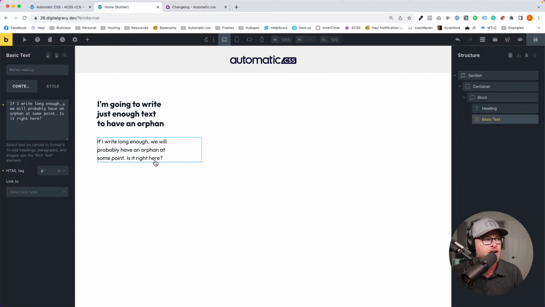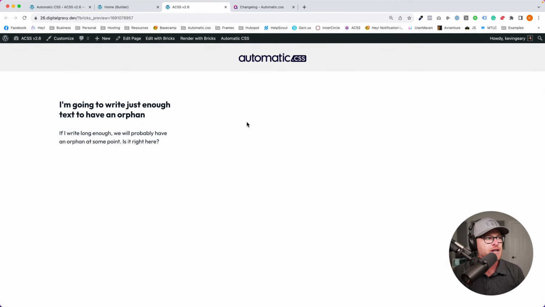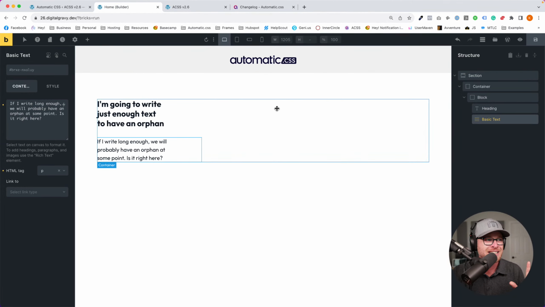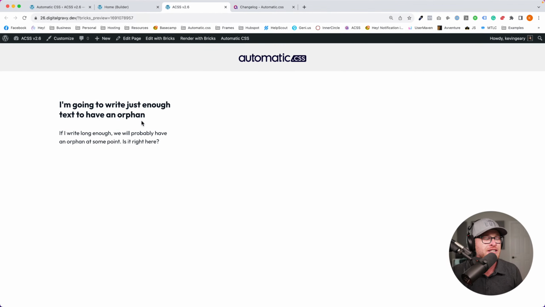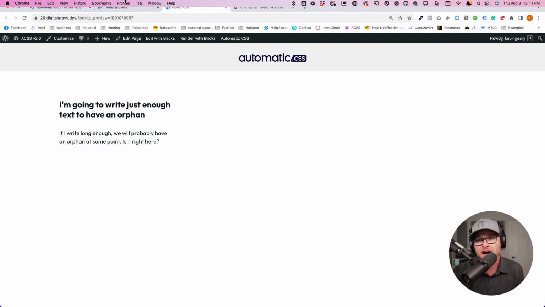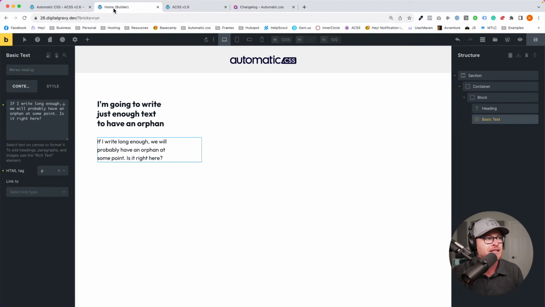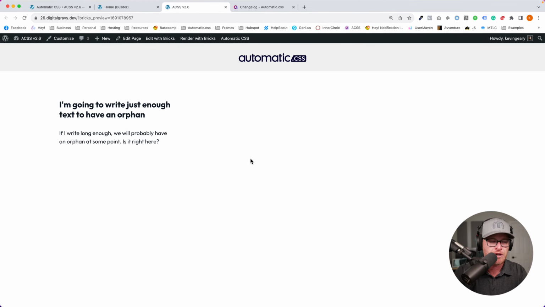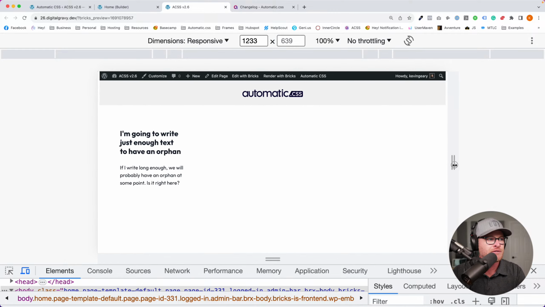So if I change this to a paragraph, you see what happened when I change it to a paragraph? It balanced itself. Okay, so this is auto heading and text balancing. Let me look at this on the front end real quick. Remember, we're zoomed in here because of my screen resolution, but on the front end, that actually looks perfect. It looks exactly the way that you would want, okay? So this is good. Now, I don't even know if it balanced there because I don't even know if it created orphans here, but it looks just fine. So it hasn't ruined anything, right? It still looks good.